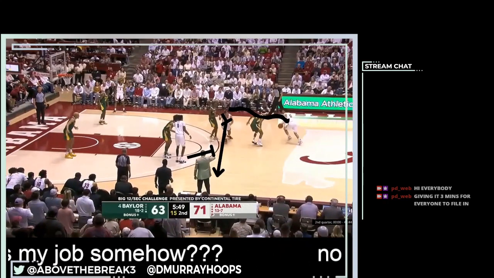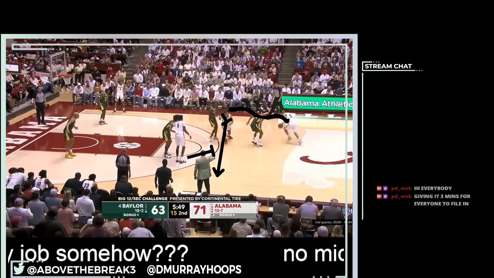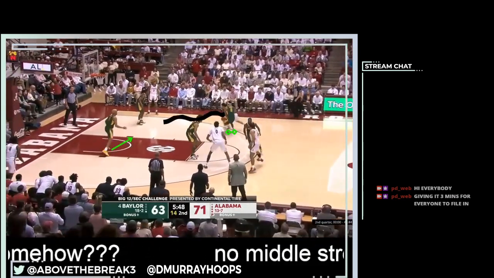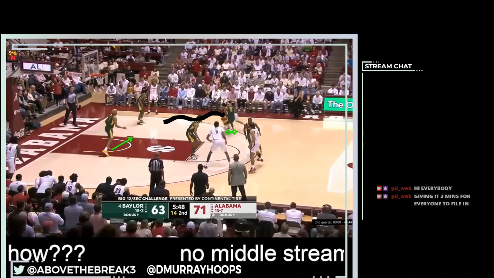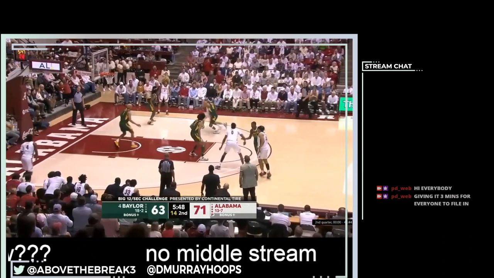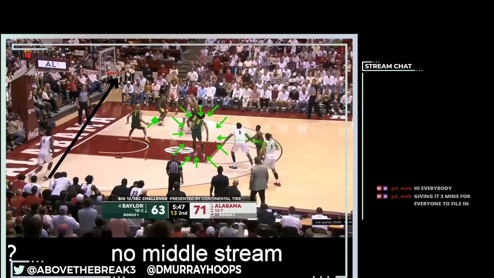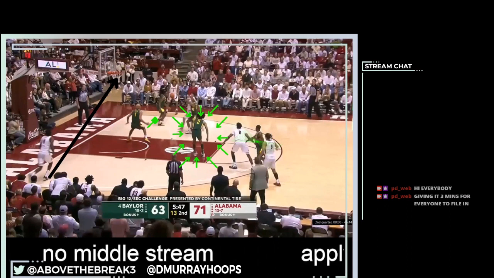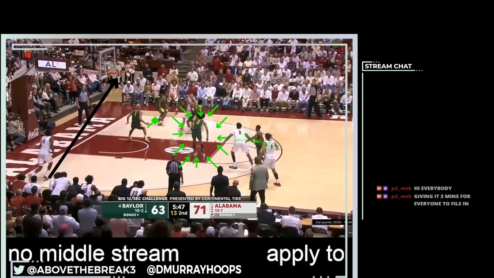Here we start, and it's going to be a ghost screen into a flare, and Jakey's just going to attack. Here we can see that the corner's been given up, and we're barreling downhill, and so naturally, Sohan helps over to stop the ball. In this scheme, you have to help the helper, and if you don't help the helper,